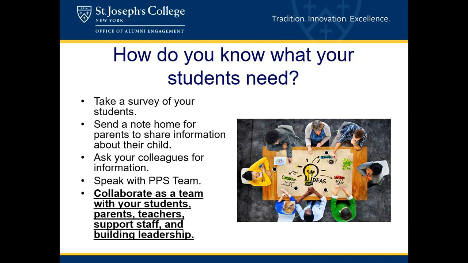So how do you find out what your students need? There's a couple of key tasks that you can start off in September with. Doing a survey of your students. Depending on where or how you're teaching, as far as what grade you're teaching, you can do a survey of your students. Even at the elementary school level, you can do a quick survey of who was their teacher last year, finding out what their reading levels are at, having that communication, finding out a little bit about your students